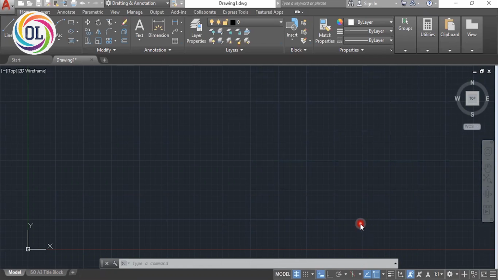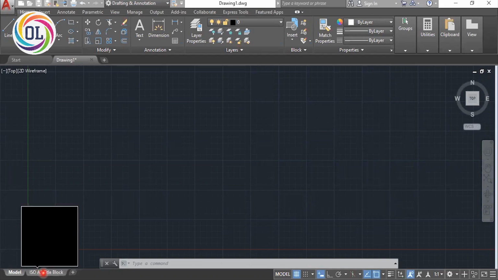Above the status bar is called the command window. It is the bridge of communication between human and software. Here we can see Model, and beside Model we can see an ISO A3 title block. It's a layout sheet.